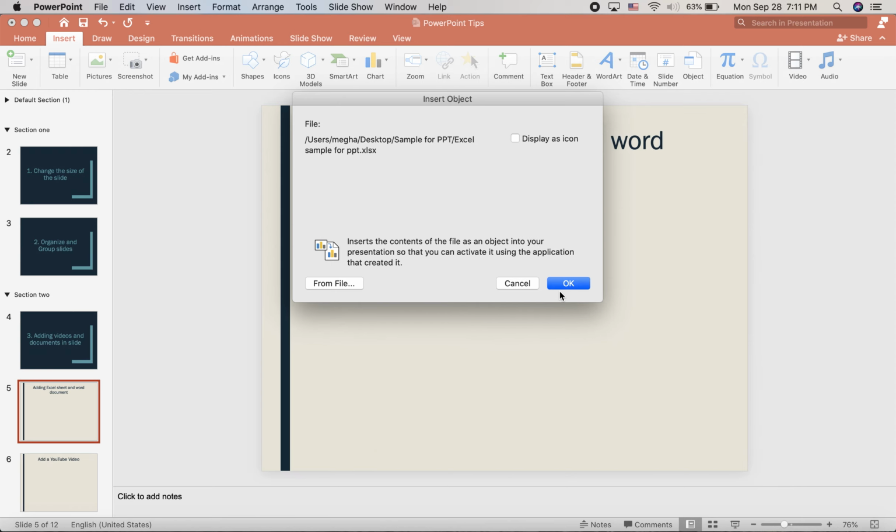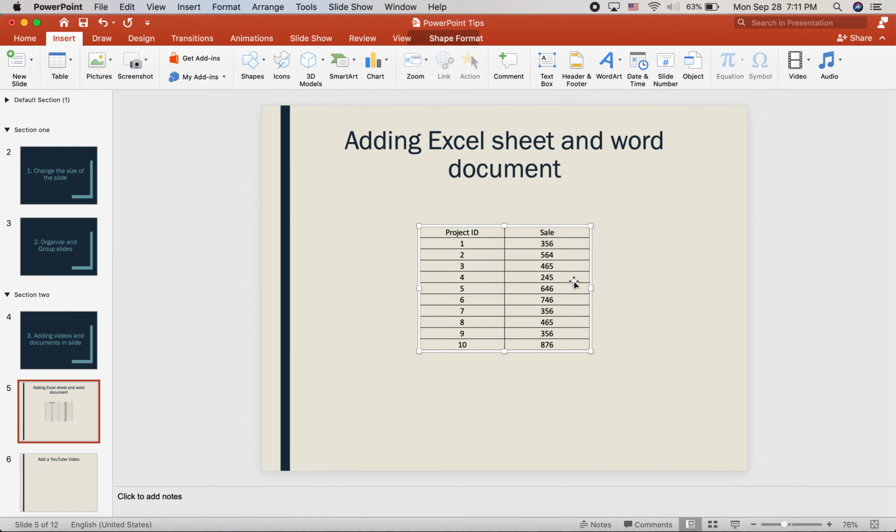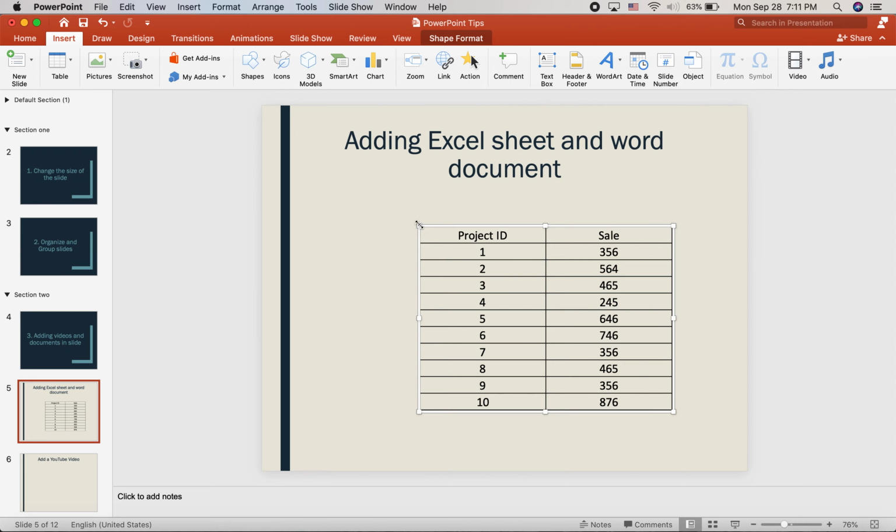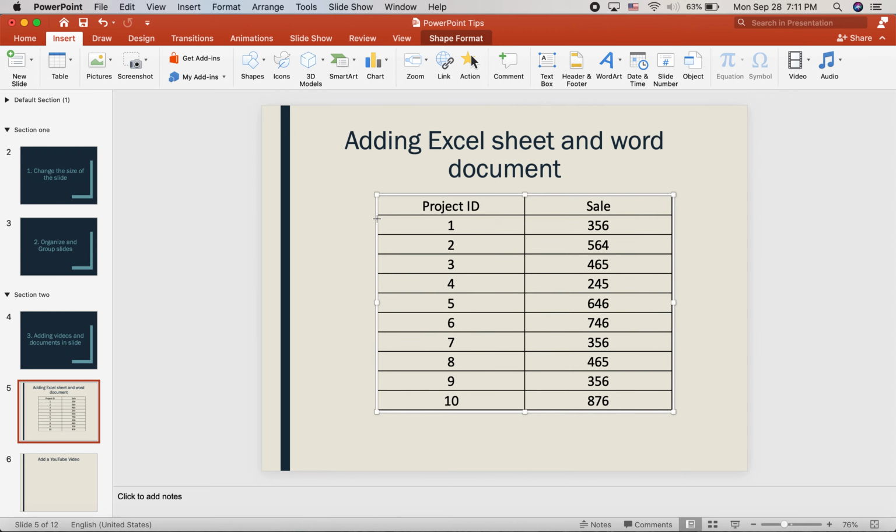Select Insert and OK. Now your data in the Excel sheet that you have is added into the slide. You can follow the same steps for a Word document as well.